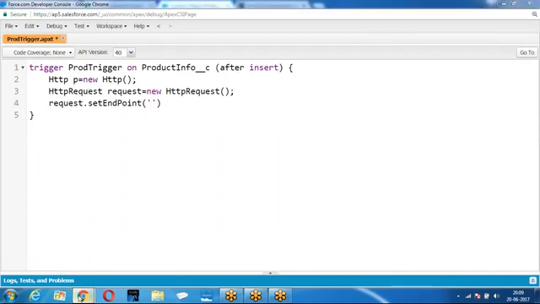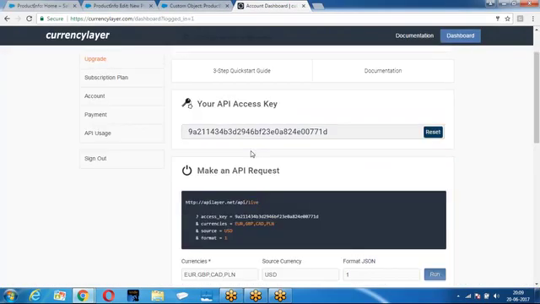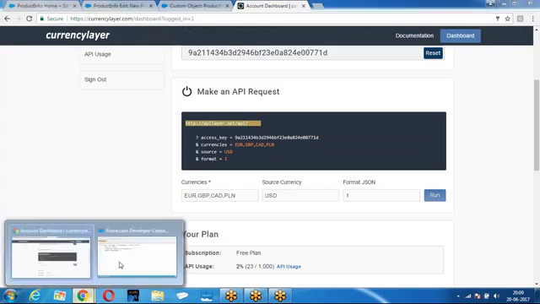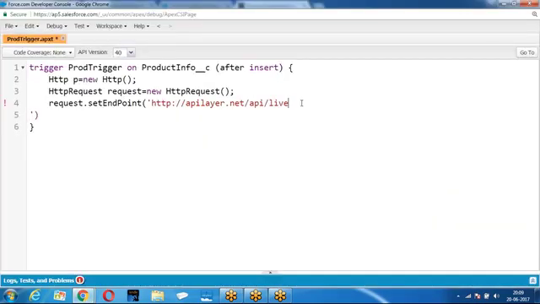I am making a web service call to the third-party system. They have given this endpoint URL. So let me take, let me give it in this way. String URL equal to, then URL equal to URL plus.